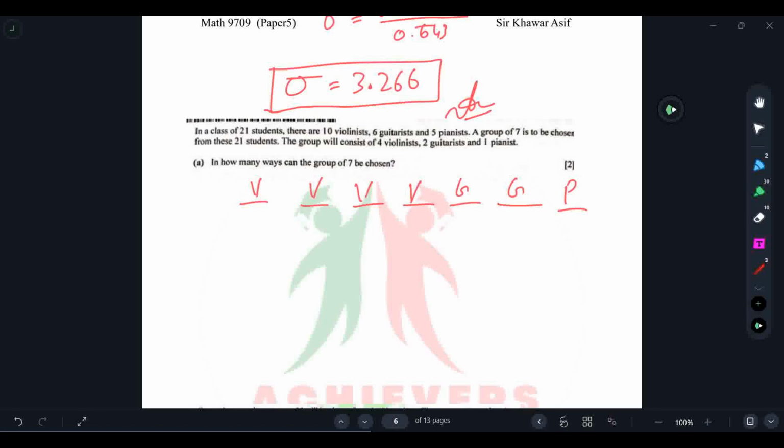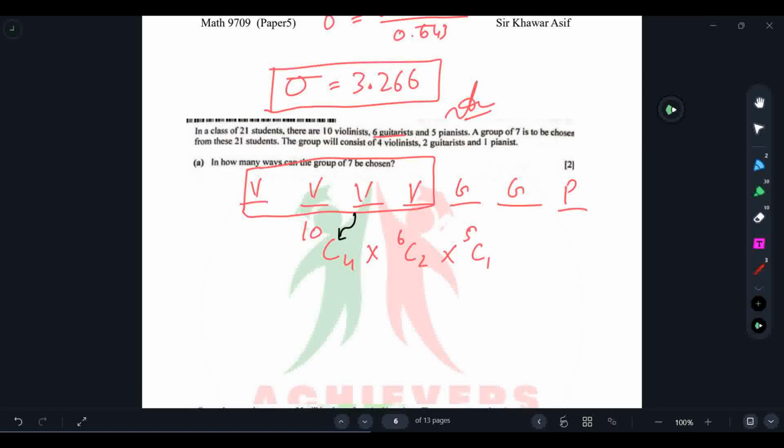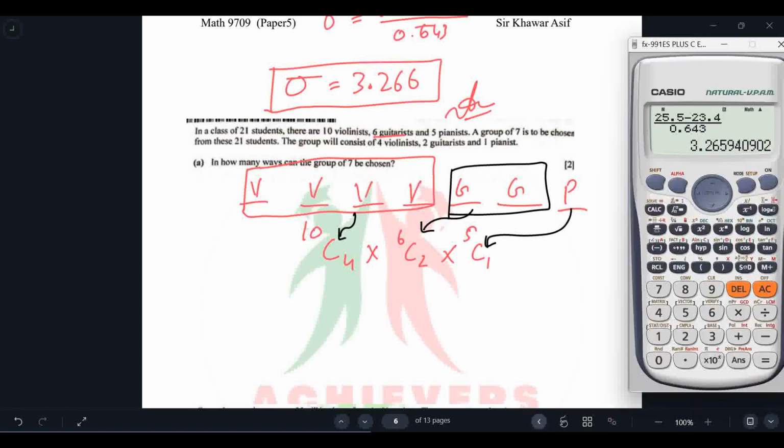Now this will be equal to 10C4, since we have 10 violinists, multiplied by 6C2, since we have 6 guitarists and have to choose 2, and the last one is 5C1. Keep this in mind: this term is for the violinists, this one for the guitarists, and for the pianists we use this one. Now if we simplify it using a calculator,